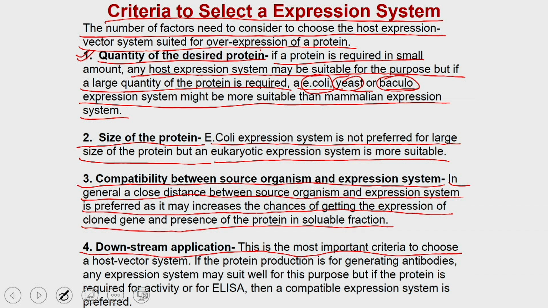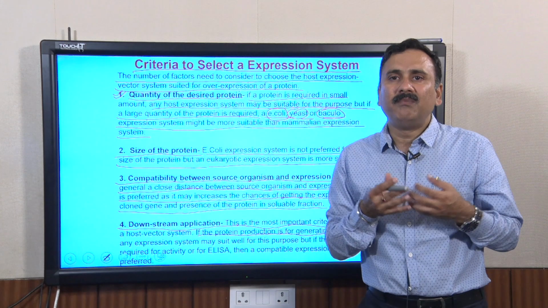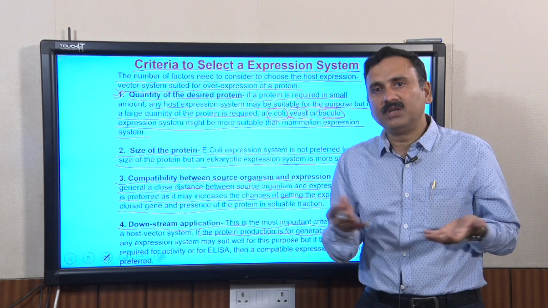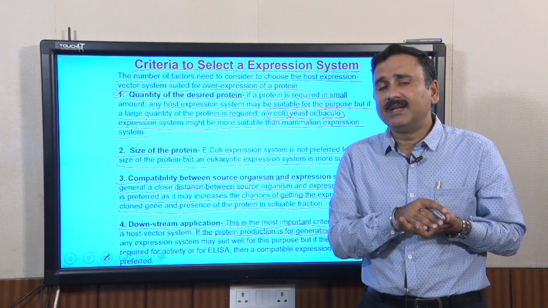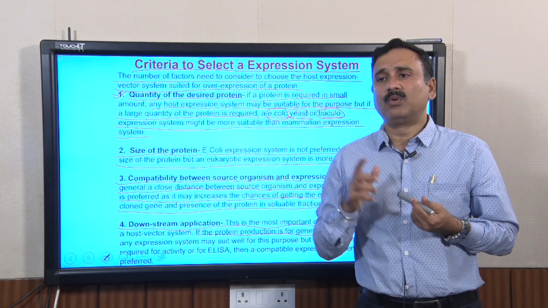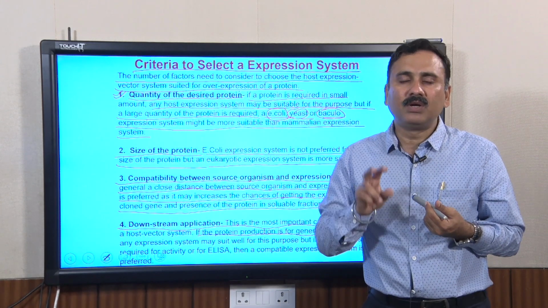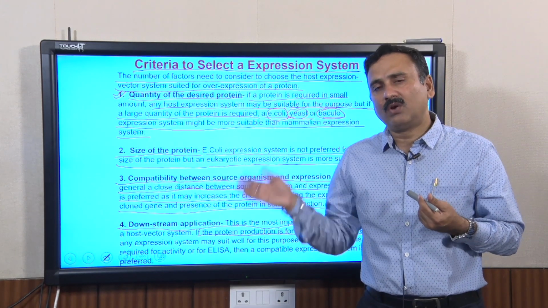For example, suppose the protein is produced only for generating antibodies, or you are simply using it as an antigen so that you can detect the antibodies from patient sera, which means you are using these proteins simply as an antigen to coat the wells and develop ELISA-based detection kits. In those cases, it is immaterial whether the protein is active or inactive,